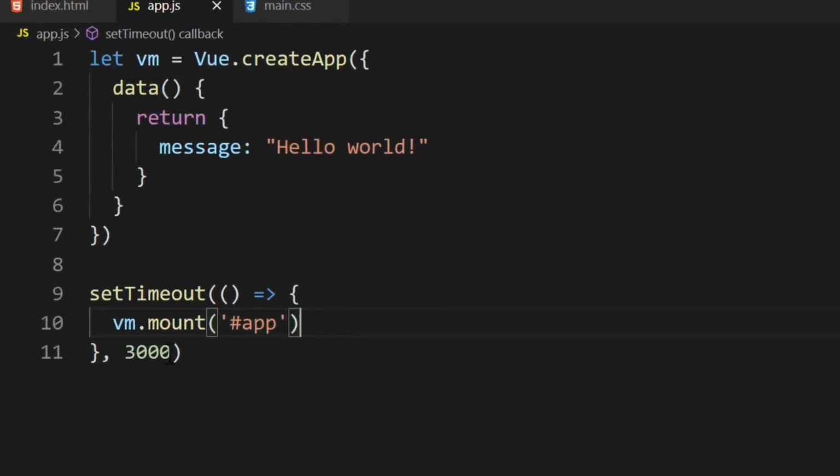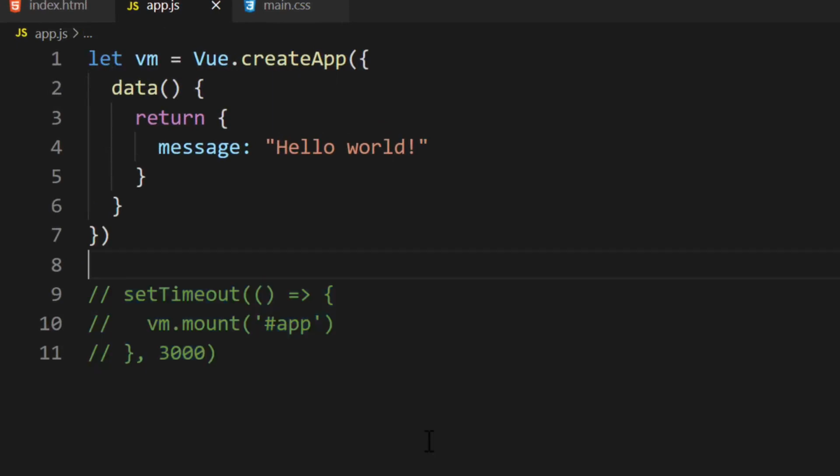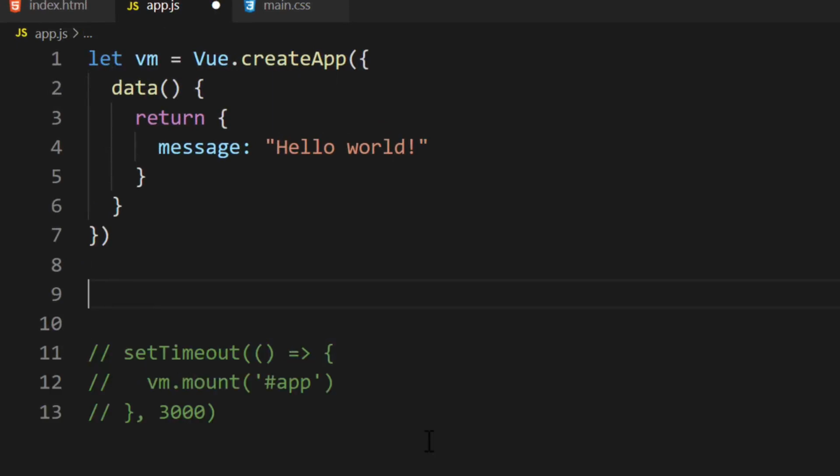Back in the JavaScript file, I'm going to comment out the timeout code. We won't need to mount the application at a later time. We'll call the mount function after creating the instance. This isn't any different than chaining the function. However, I like to do this because it looks cleaner, in my opinion. Constantly chaining functions can be a bit confusing. Call the mount